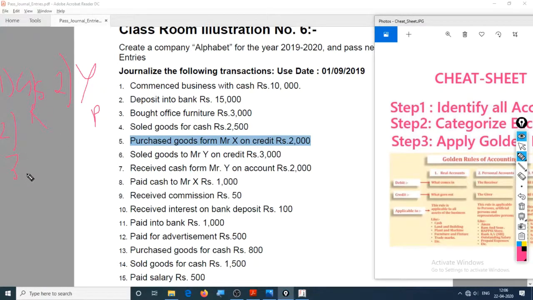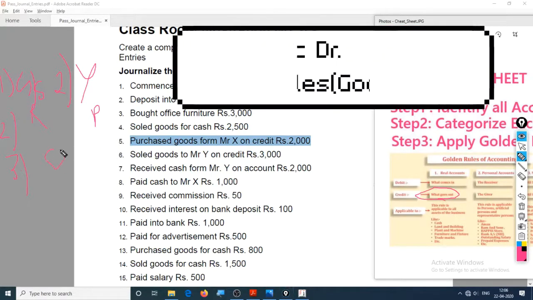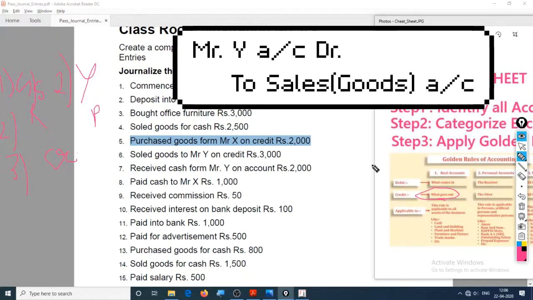Third step: for a real account, what comes in is debited, what goes out is credited. Goods went out, so goods should be credited, and Y is debited as the receiver. Mr. Y is the receiver, so we will debit him. So the correct entry is Y to sales.